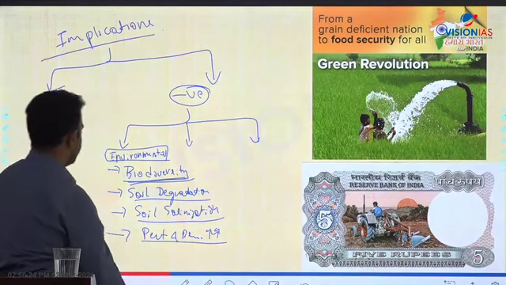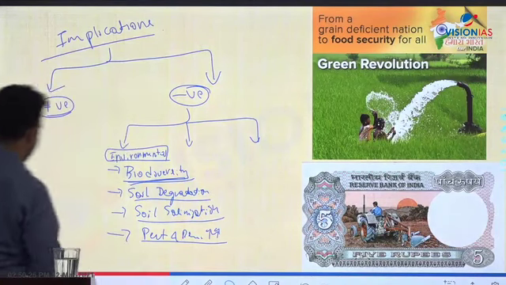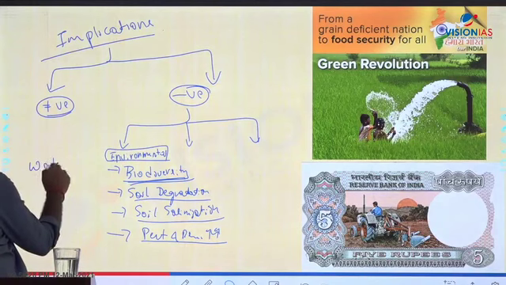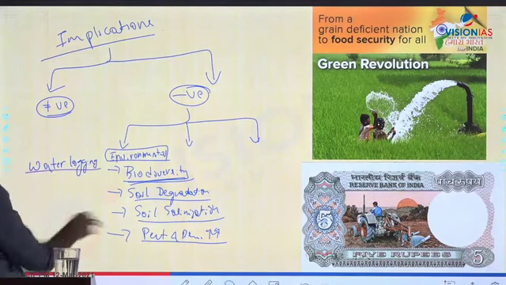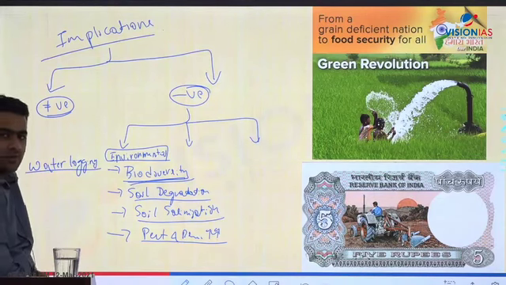Pests increased, water logging increased in Punjab and Haryana because of soil salinization. Okay, water logging increased, and because of that a lot of other issues came up,